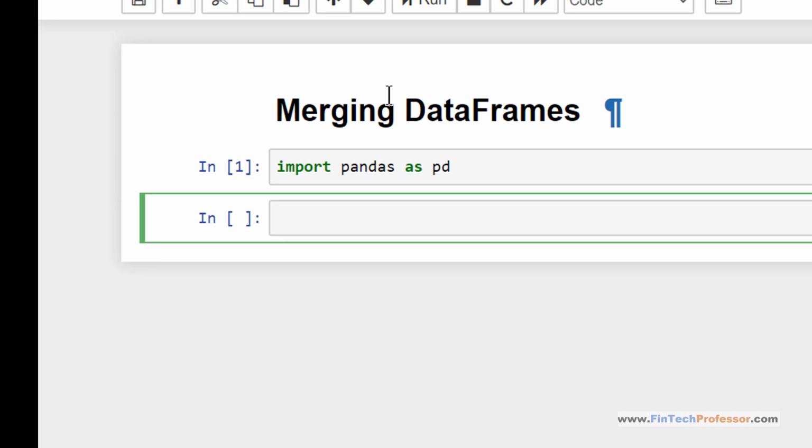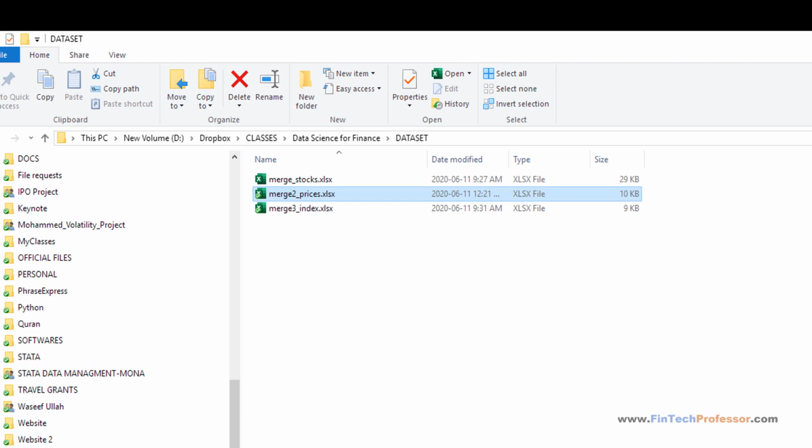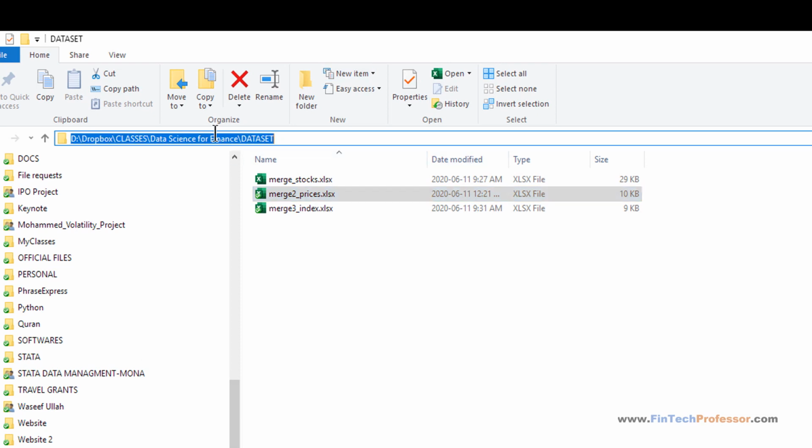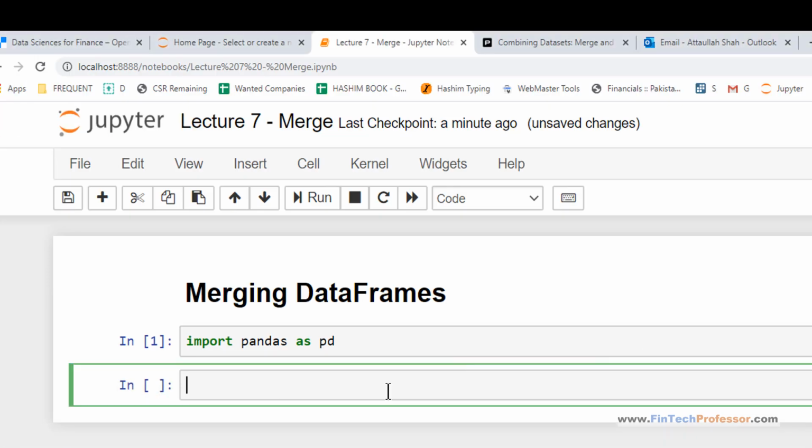I have prepared 3 files for practice and they are currently located on disk. So I'll copy the file address, this is the folder address.